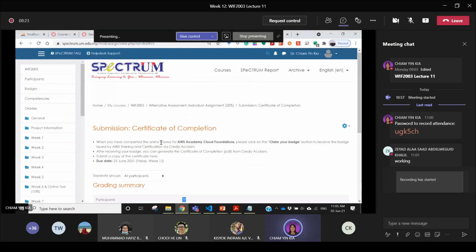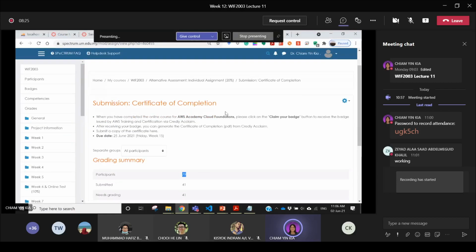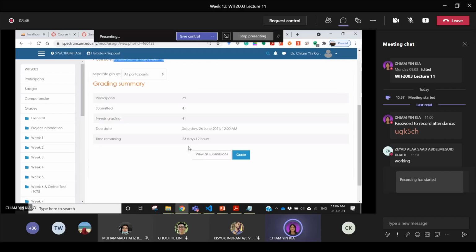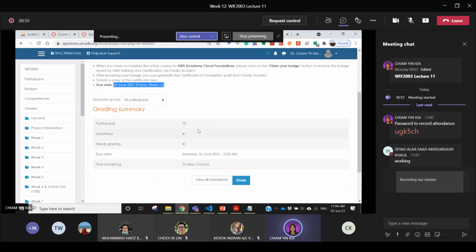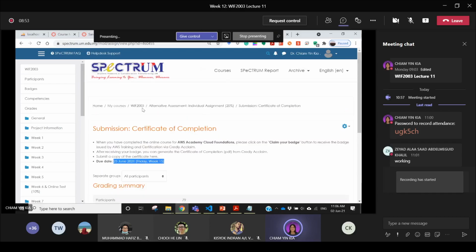You also have to claim your badge, and create a new account in the Credly Acclaim in order to get your badge. You can also print the certificate of completion from the Credly Acclaim website. This is due by 25th June 2021. I want to remind you again, this contributes to 20 marks. If you can complete straight away, you get the 20 marks for this individual assignment, which replaces the final